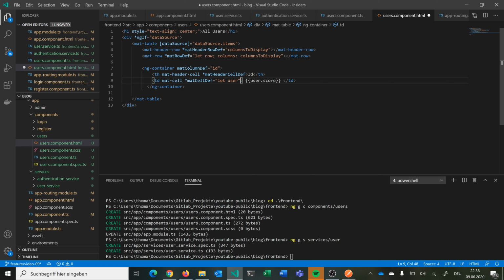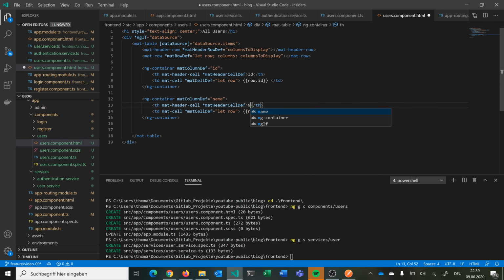And we can just say let row. And here we want to display our row.id. So we could also name this something different like user or whatever we want. You can check this later. And then we can just do this for all our stuff. So we have ID, we have name,